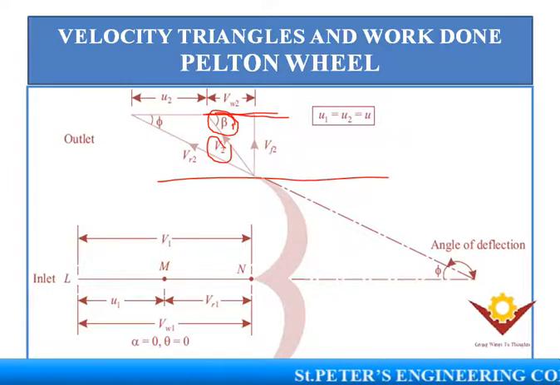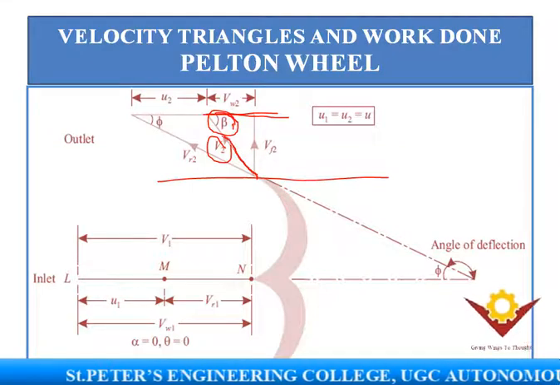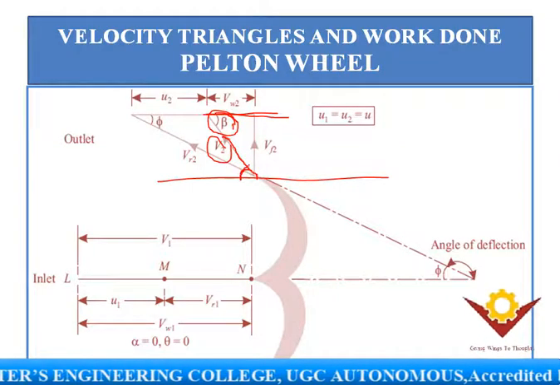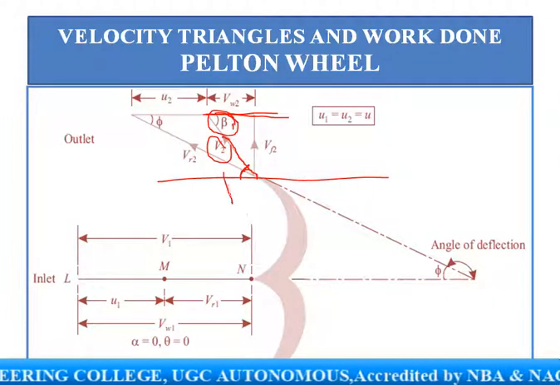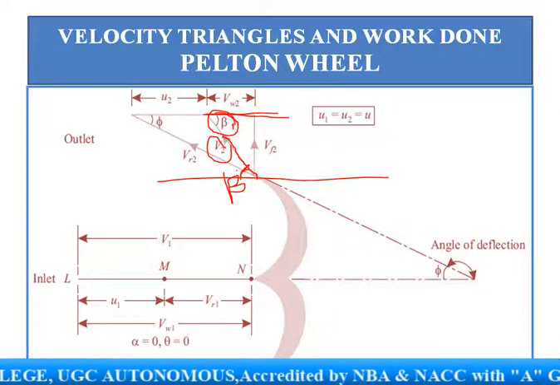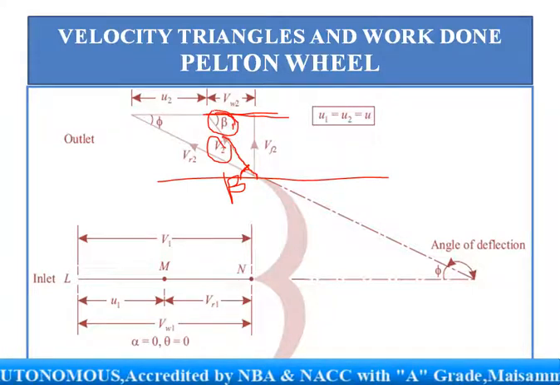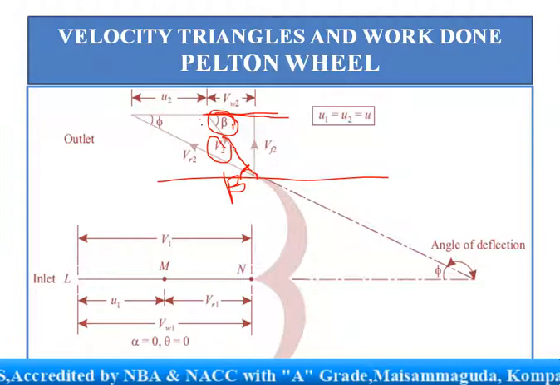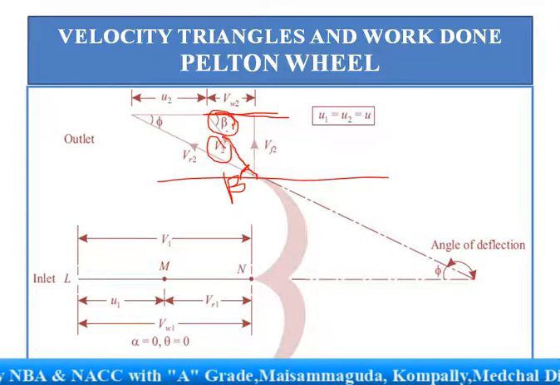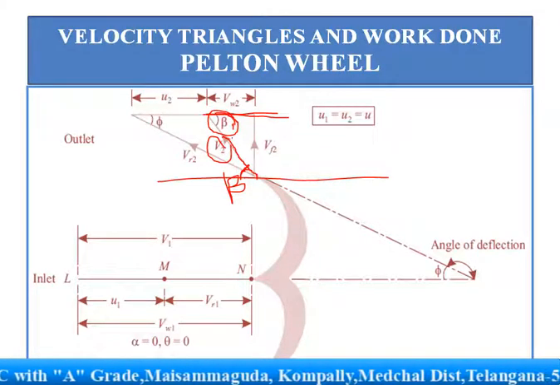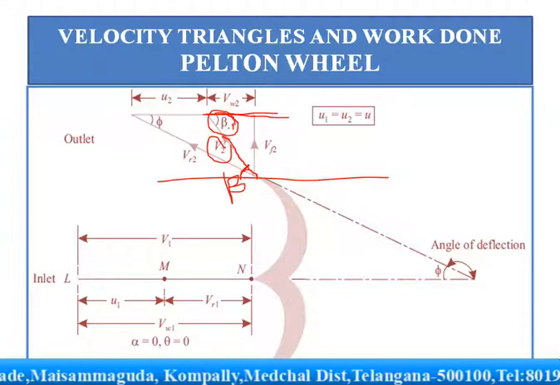See here, this is your horizontal line, right? From this particular point the jet is moving in this particular direction. Now what is your angle here? It is less than 90. So this beta and this beta are similar angles, or alternate angles, right? So this is acute and this one is also acute.